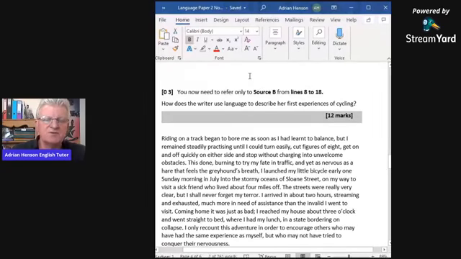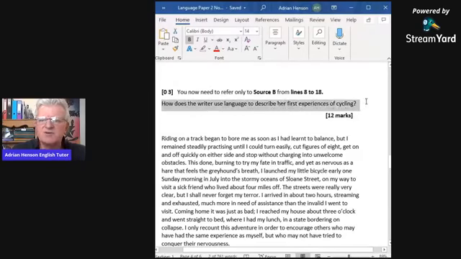Of course, anybody who wants this document and have a go at this themselves just needs to send me an email or contact me, and I'll send them the documentation. So in this one, it says, how does the writer use language to describe her first experiences of cycling? Now, this is a 12-mark